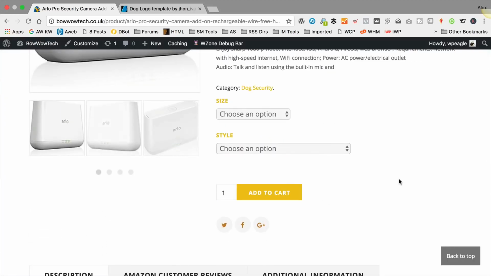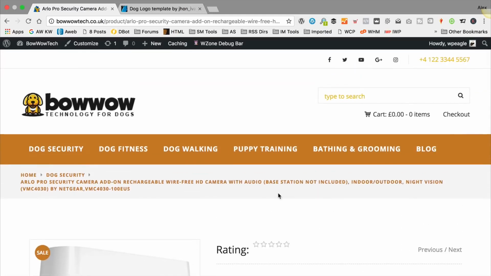Oh, and look, now we've set some colors, the add to cart button is working fine as well. Do you remember it wasn't showing earlier? I guess that was just because we hadn't set our colors. So that's working as well. So yeah, fonts. If we go into customize again,